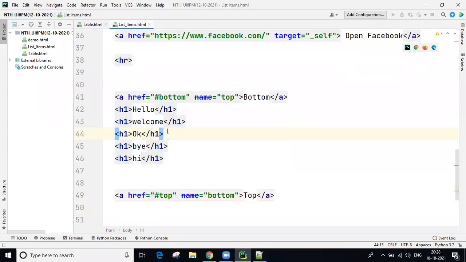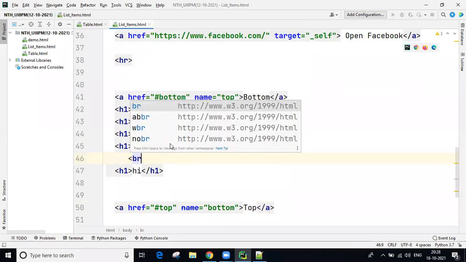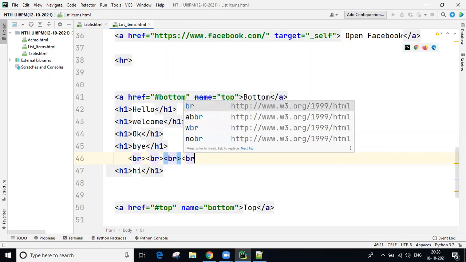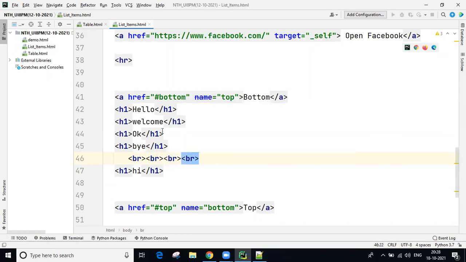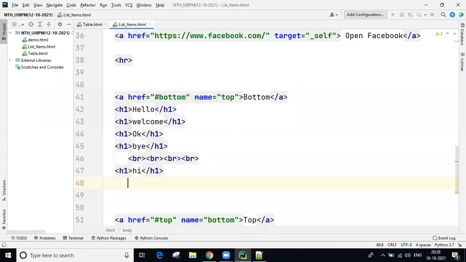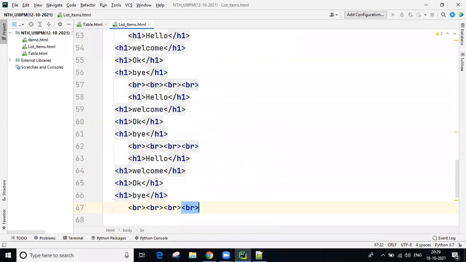In the middle also, I'm going to take a lot of BR tags. However many BRs you take, that many rows are broken, I mean, break rows you are going to get. Now these all lines again I copy. Just dummy data, guys.